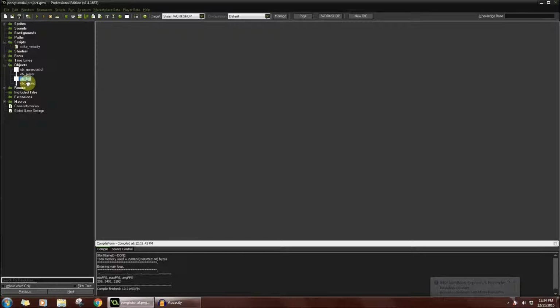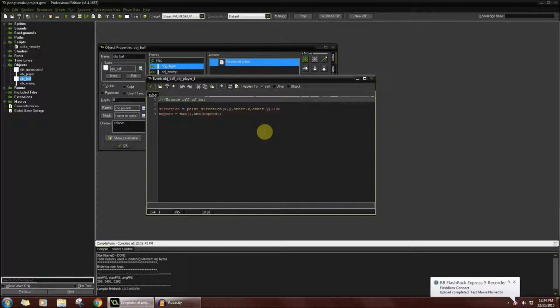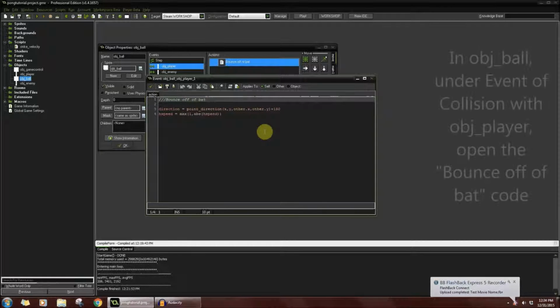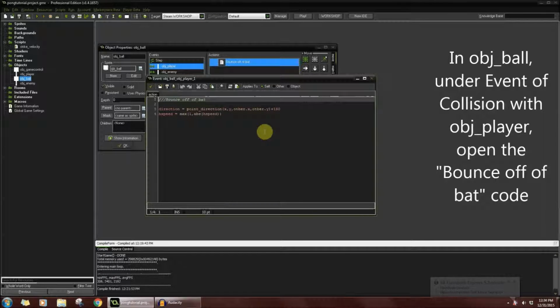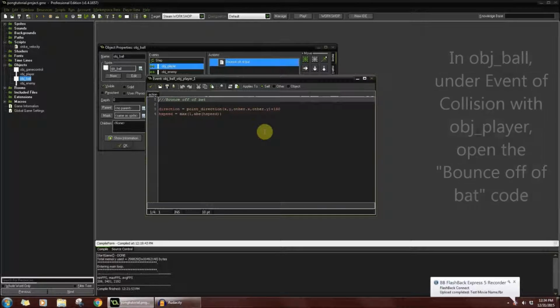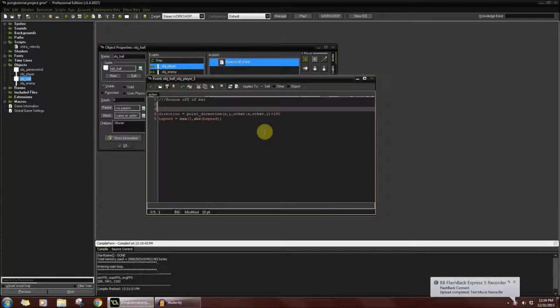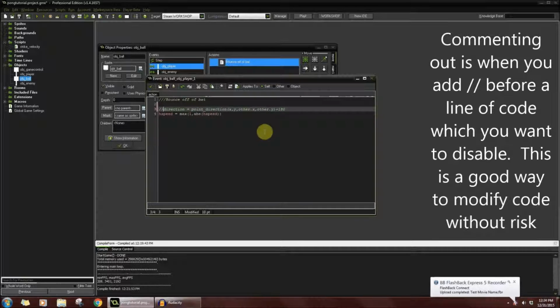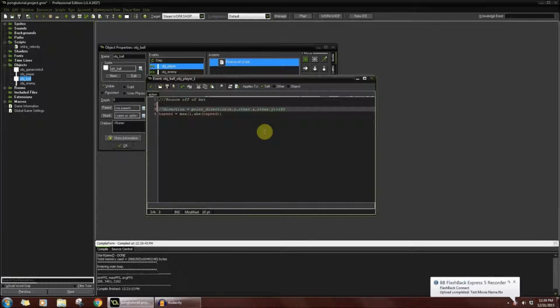Now the ball is going to have to interact with the player and the enemy differently now. Meaning we're going to have to comment out this direction thing. That's what gave us our ability to have the ball bounce off the bat determined by the position of the ball in relation to the position of the paddle. So we're going to comment that out, and what we're going to do is v speed equal to,